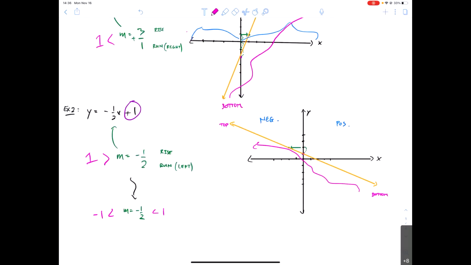So that's why you can see it doesn't spike up at any point. It's just a slow, steady growing graph. Now, it might look like a spike from your perspective because I'm drawing it zoomed in and the lines are obnoxiously long. That's why it's the way it is, right? It's heading in the negative direction because the slope is negative, and it's a very shallow one between negative 1